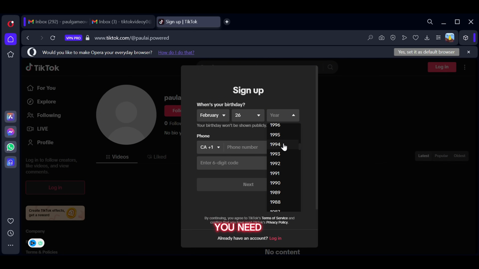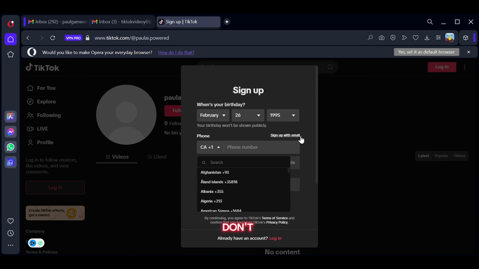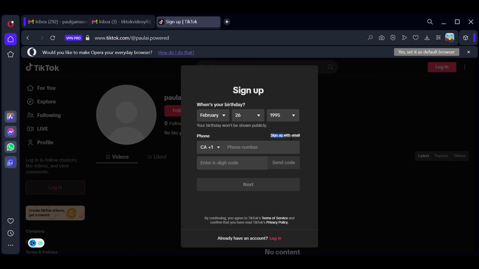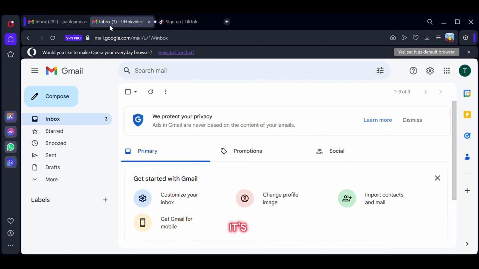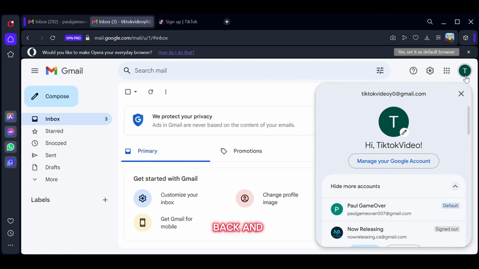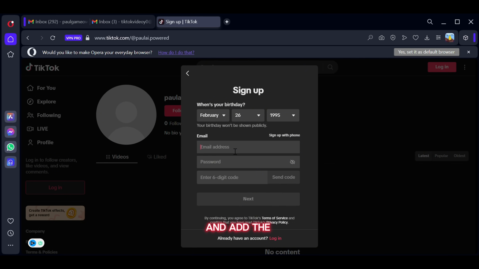And guys, if you need help to create a Gmail account in a different location, let me know. We're gonna add our email. Don't forget that we have to take the Gmail to create that account. It's important. We're gonna go back and take that Gmail. This is the Gmail we're gonna use to create that account. We're gonna copy the Gmail and go back to TikTok and add the Gmail and